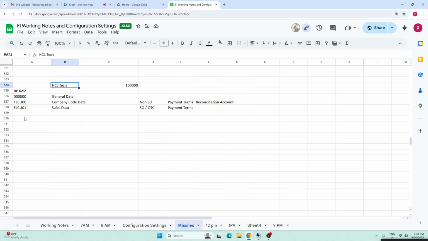So that comes under FL. I don't remember the exact role, but FLK00-something, which is called credit management. This is another role. So similarly, SAP has given different roles for the different business purposes, for the different business transactions. You understood? Like this, you will have n number of roles. If you look at here,